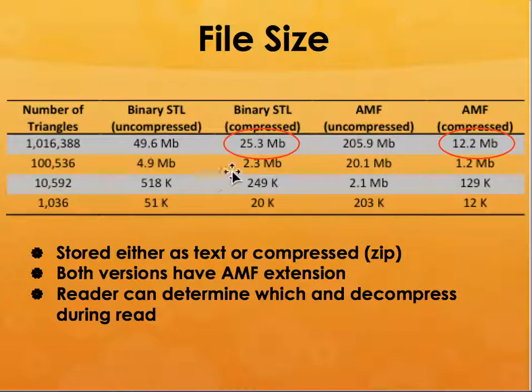And depending upon the number of triangles, see the size. So the binary STL file, if you have this many triangles, it is 49.6 megabytes. So it's not going to be easy for you to transfer these files from one location to another. But suppose it is in AMF compressed form, it is about 12 megabytes. So it's much easier to